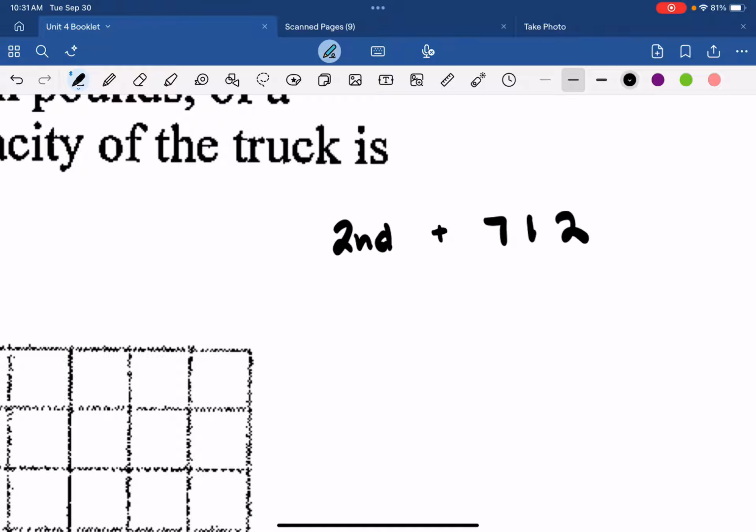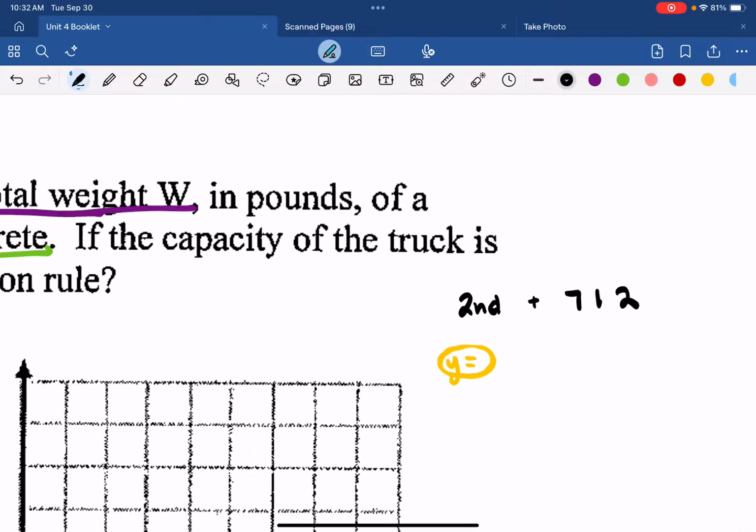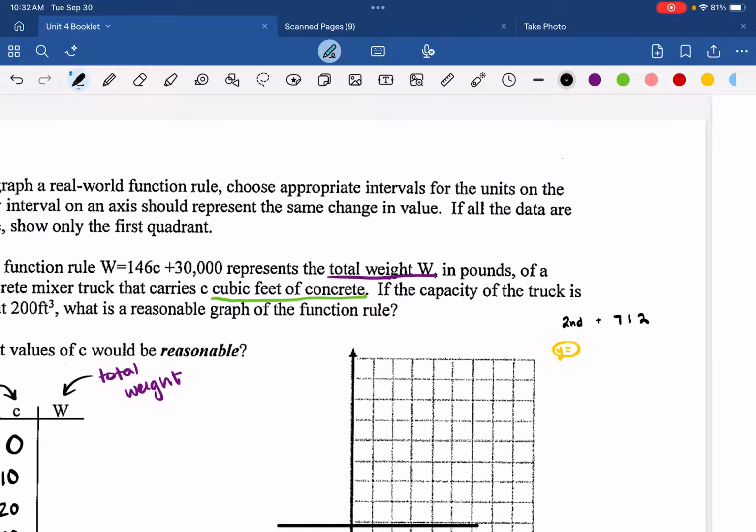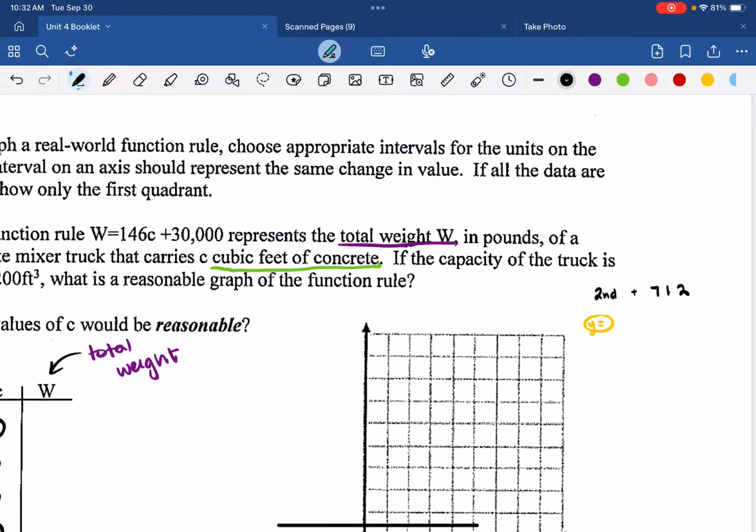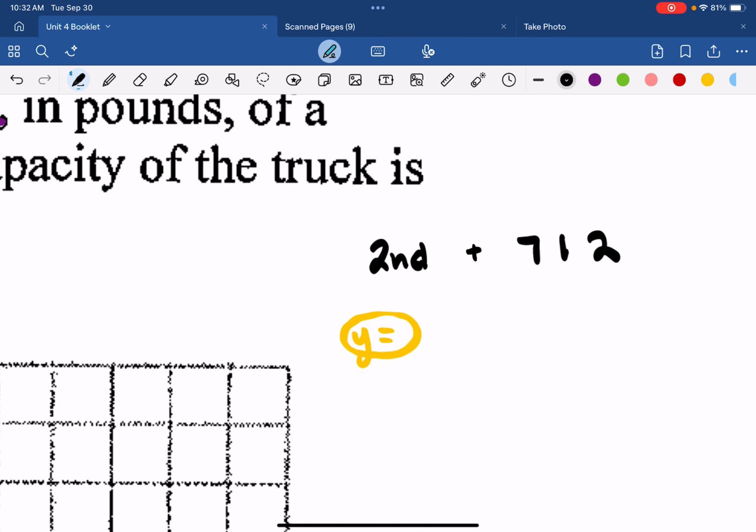Then you're going to find it's a yellow button at the top of your screen, top left, right underneath your screen that says Y equals. Okay, it's a yellow button, Y equals. Once you click on that, you should see a screen that says Y equals, and there's a blinking box next to it. Okay, in that spot, you're going to type in our equation. Okay, so our equation was